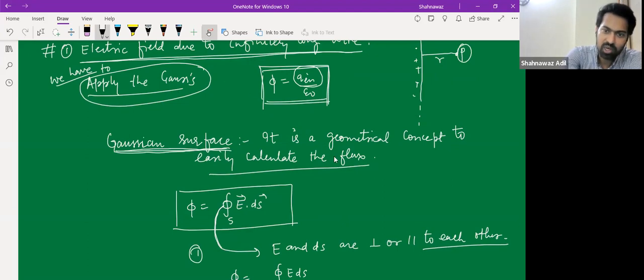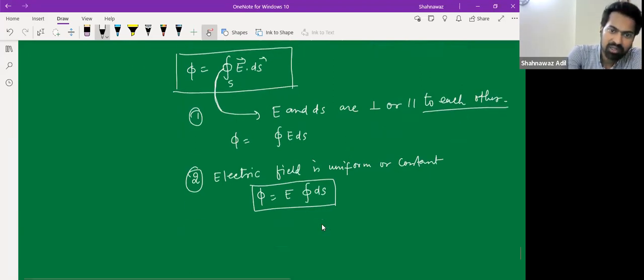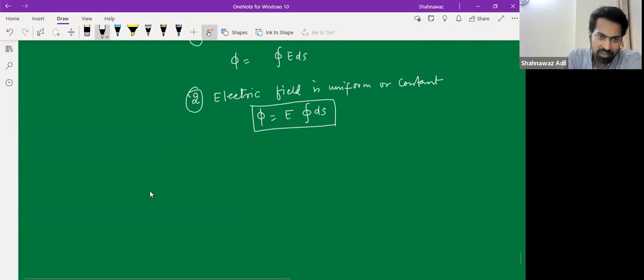So it has two conditions. One is that E and ds have to be perpendicular or parallel, and second is that electric field is uniform or constant. Understood? Yes, guys, understood. Yes, sir. Okay. So let's say that I have a point charge. I have a point charge. So what kind